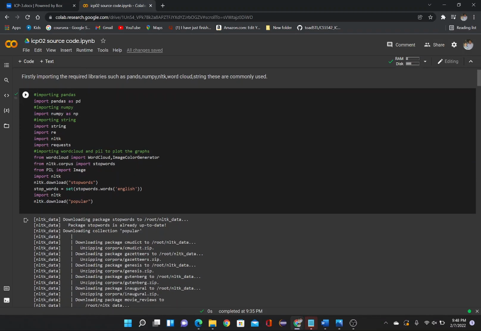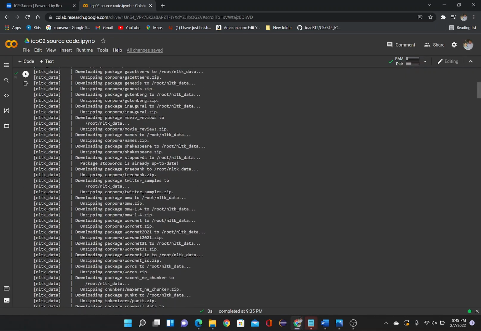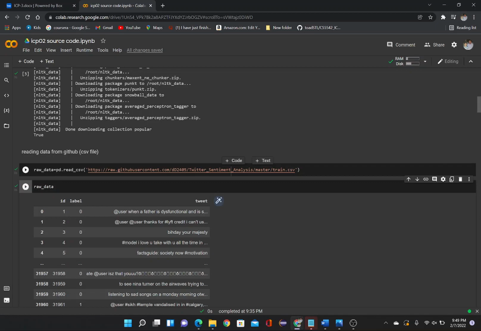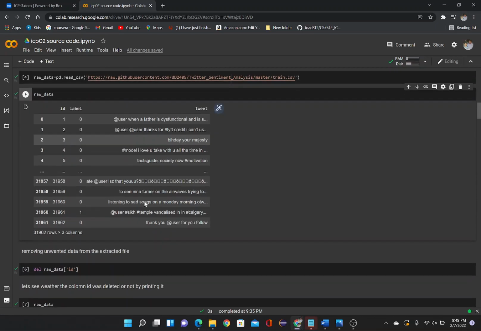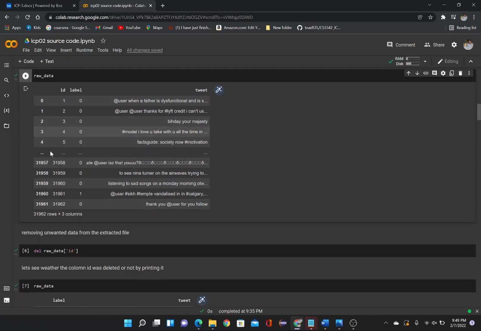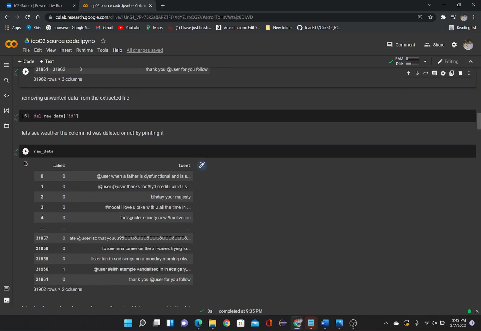Here I have installed some of the required libraries, as we commonly use throughout the session. So let's jump into the code now. We are getting the GitHub data, a CSV file, comma separated value file, in raw_data. It contains four columns. Let's check them. They are ID, which is a serial number, label, and tweet. To do sentimental analysis we don't need the column ID, so let's delete it. After deleting it, we can see that it was deleted and we have only label and